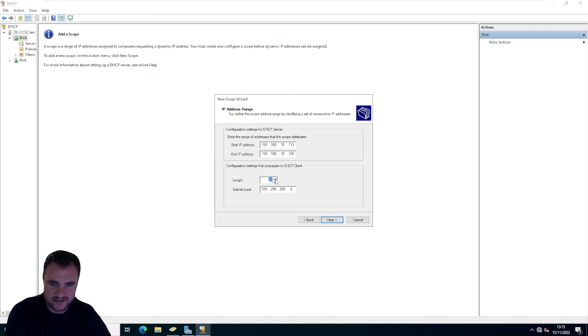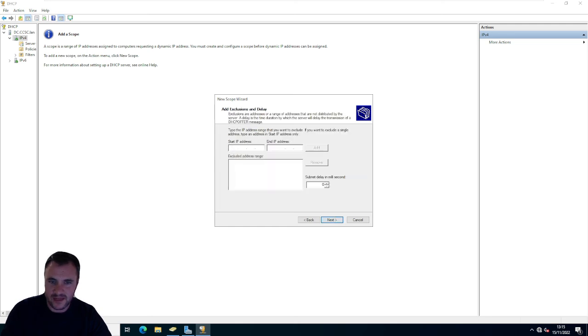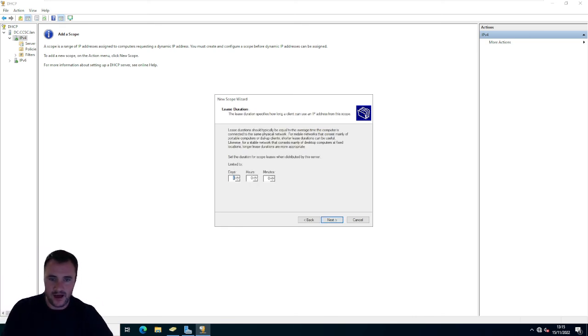Let's see if that changes. So if I go 25, look at that, Windows changes it for the increments. Nice. Well, if I did that, that would be really bad because that only gives you 2 usable. That's my favourite subnet. Right, so slash 24, excluded addresses, but because we're only using such a small range within that anyway, there's no need to exclude addresses. Normally you'd exclude whatever host range you're already using, but because we're using a smaller range, there's no need to. 8 days is the default for our lease, so I'm just going to delete that and give it